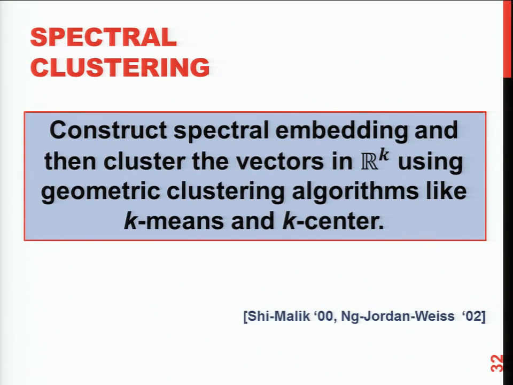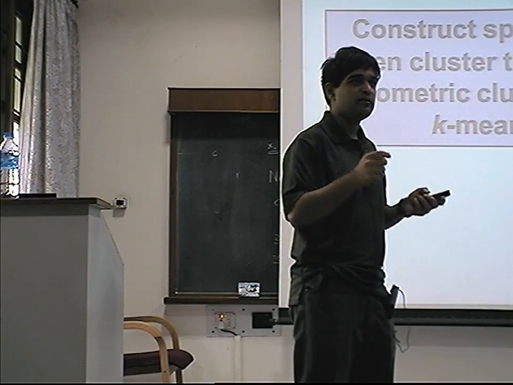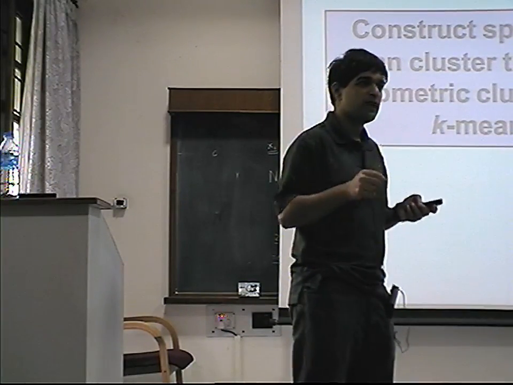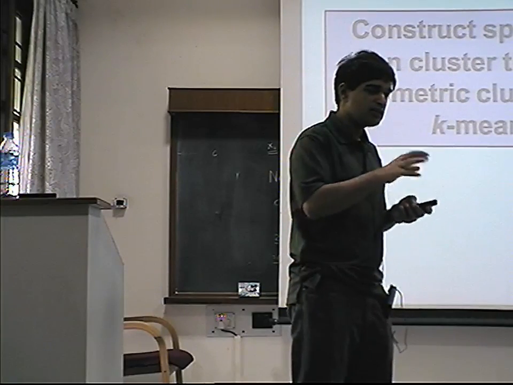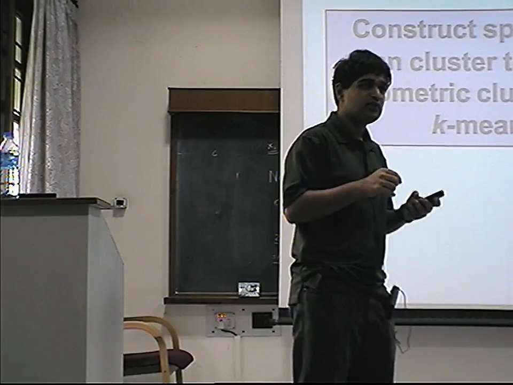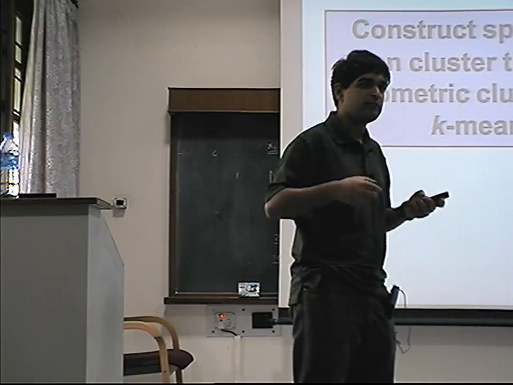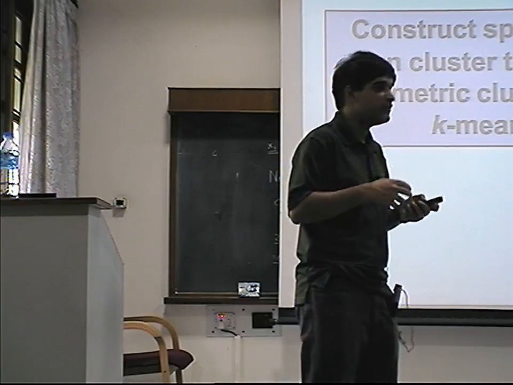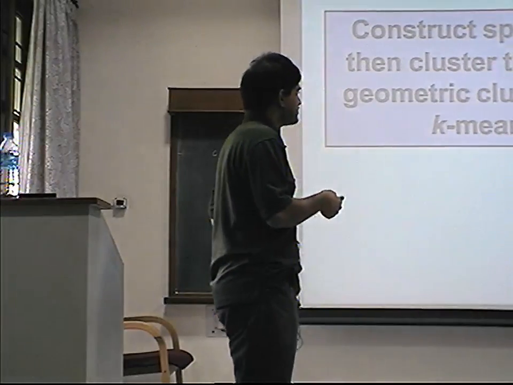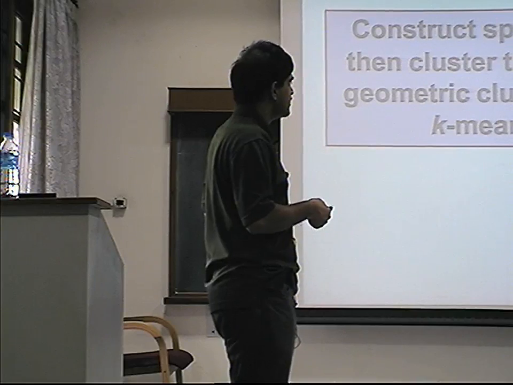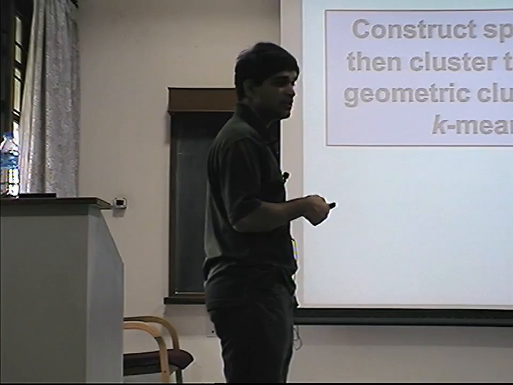So for example, what you could do is you could look at each of these points and find their median. Okay. So this is called the k median problem. You find points so that the distances from the other points to that point is minimized. Okay. So you have these clustering algorithms like k means and k center and k median, which work in actual